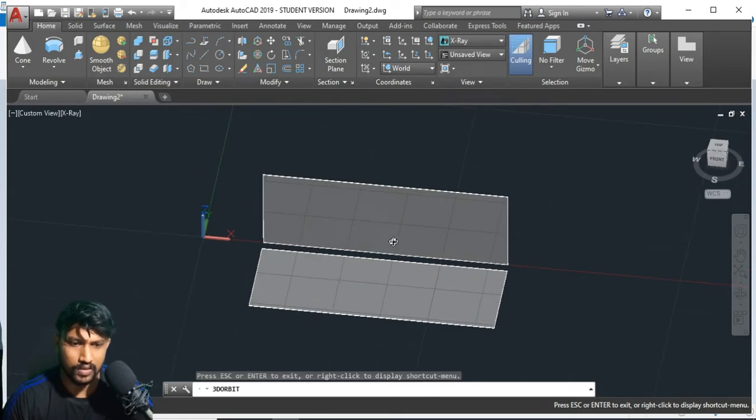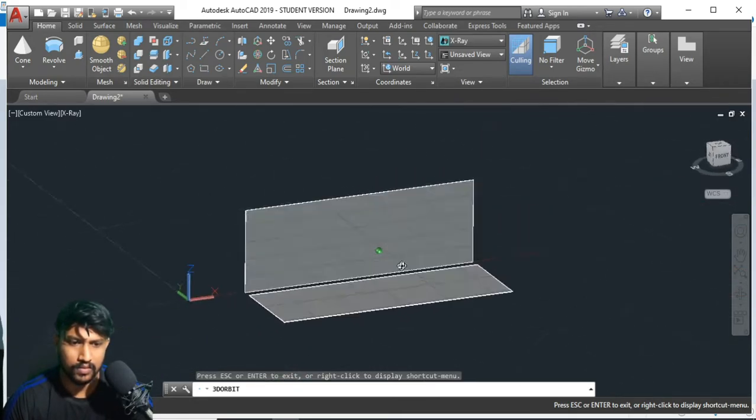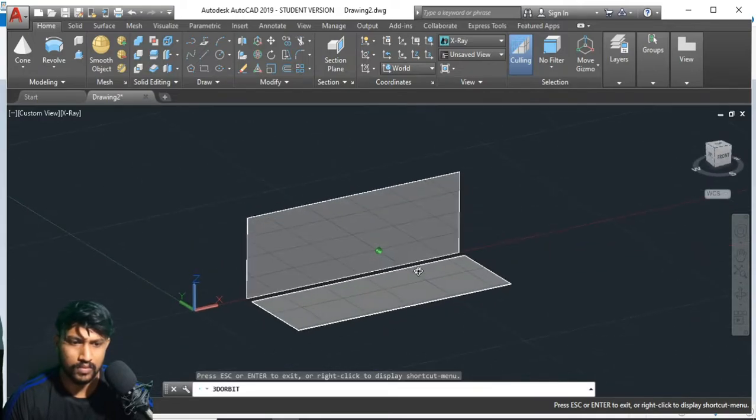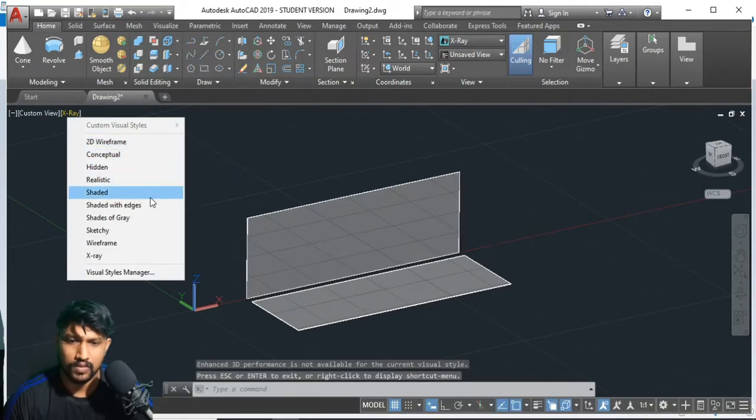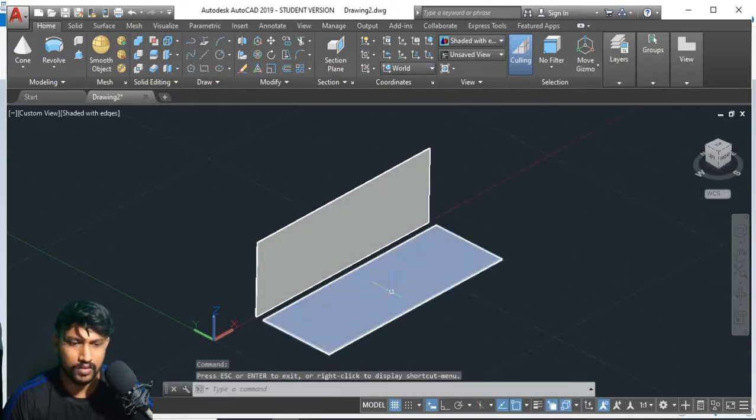I think shaded with the adjust mode actually looks fine to me. That does not take X-ray. This one is fine.